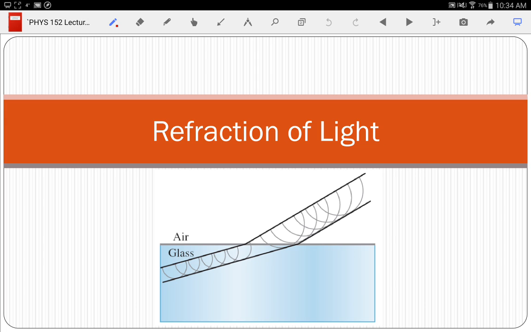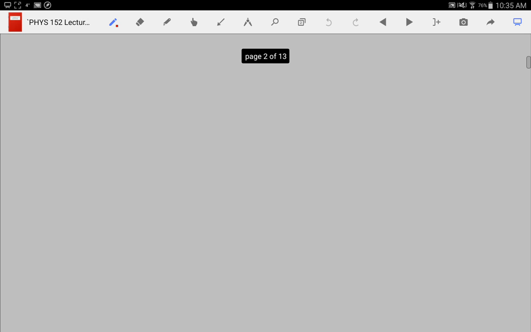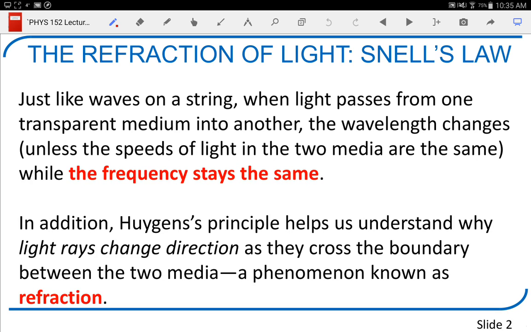When I have a wave going through air, the wavelength is pretty big. When it goes in water, because the speed of light in water is slower, the wavelength is smaller. And so what ends up happening is, when it goes, like right here, you would have a wavefront that would be this big radius here, and then like that in there. And so the waves don't travel as far in the liquid, causing it to change directions. Now, I have some pictures that I think are going to be a little more illustrative, but it's important that